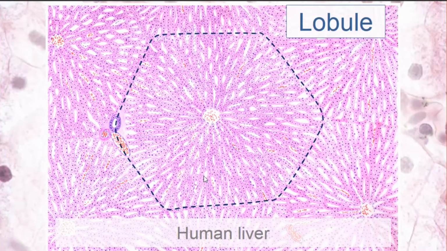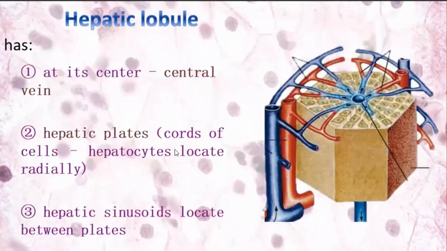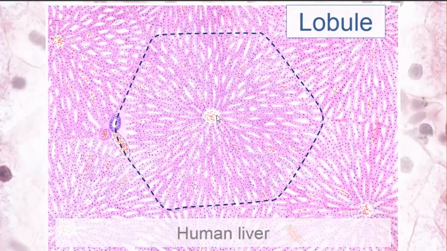So here we can see hepatic lobule in human liver. And hepatic lobule has at its center its central vein, and also there are hepatic plates. There are cords of cells. They are called hepatocytes. Main cells of liver are called hepatocytes. They are located radially, and between them there are sinusoids, modified capillaries which contain blood, and also they are located radially. Let's look here. Here we can see a central vein, and there are cords of cells, rows of cells,